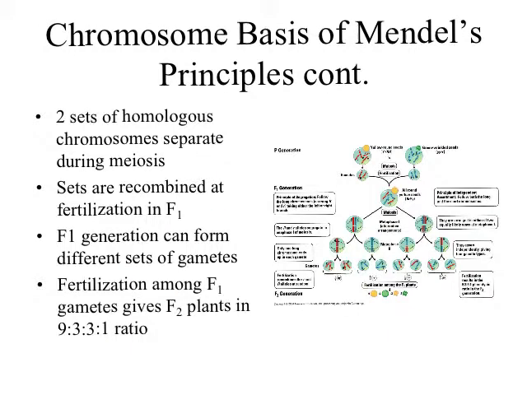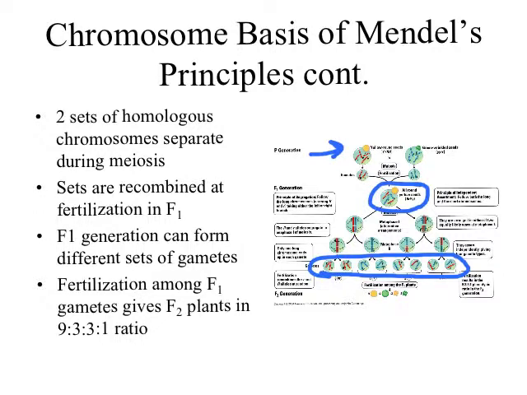So this slide is basically going to pick out the main points of what I just said in the last slide so that you don't have to dictate everything I said. So here in our P generation, we've got our homologous chromosomes that can separate during meiosis and get recombined to make an F1 generation. Right? And then these F1 generations, because of independent assortment and the principle of segregation, can make a whole series of different kinds of gametes, right? That can come